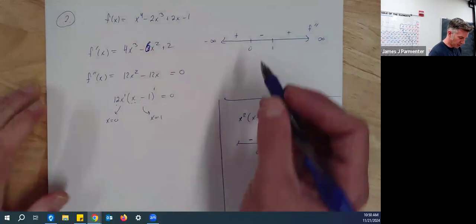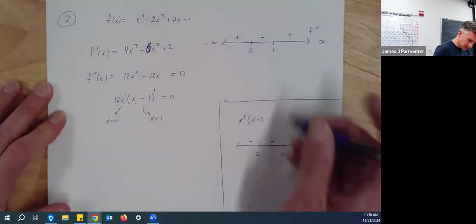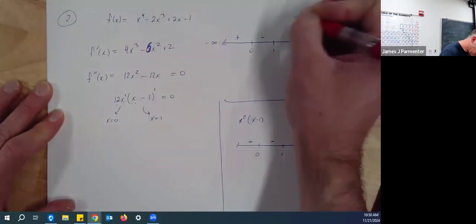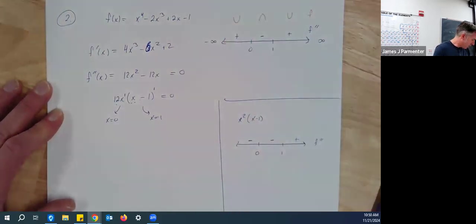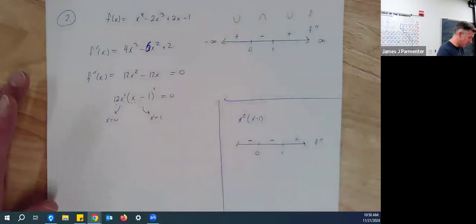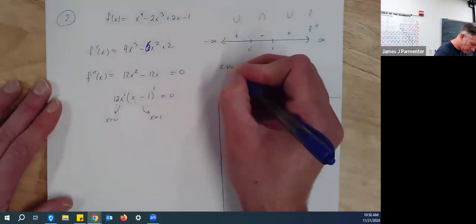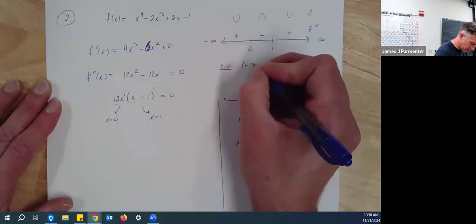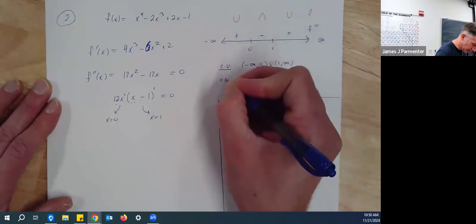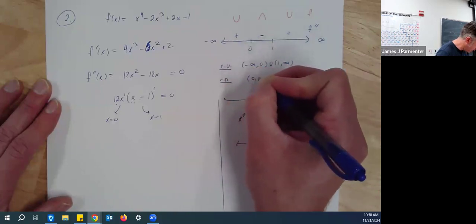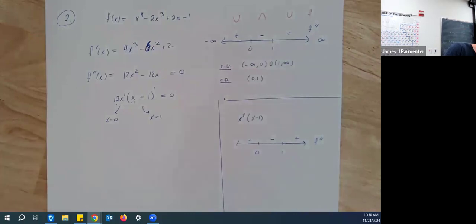So just to end this one here, we see that the function itself is concave up over here, concave down over here, concave up over here. So the question specifically asks to find all the intervals where the graph is concave up. So I would say it's concave up on the interval from -infinity to 0, union 1 to infinity, and it's concave down on the interval from 0 to 1. It also asks us to,